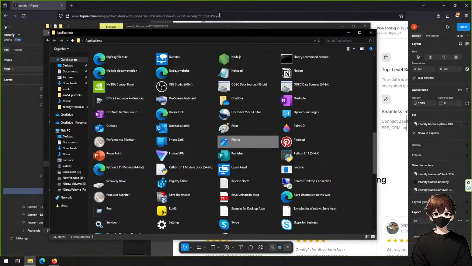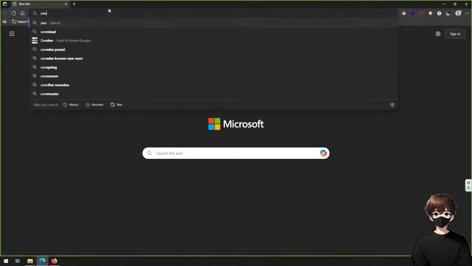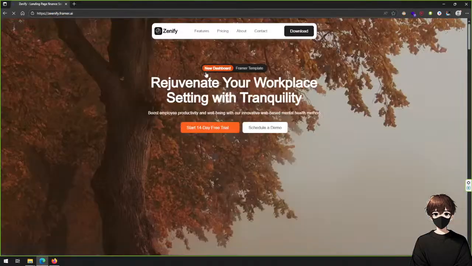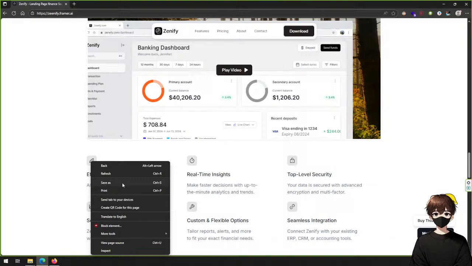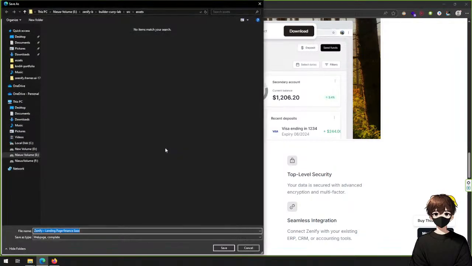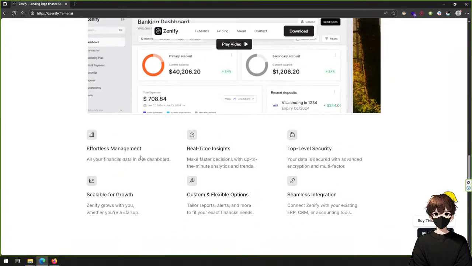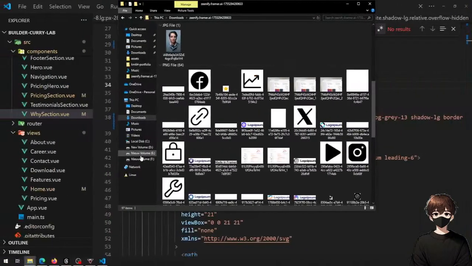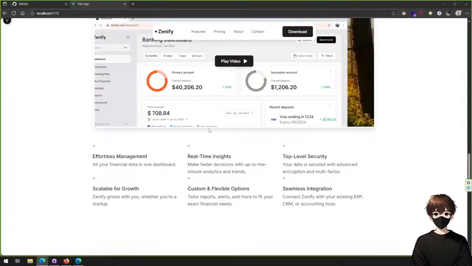Wait. Couldn't I just save them? Wasn't that a better idea? It saves a web page. Yeah, because it's an SVG. I understand. Okay, well, in that case,